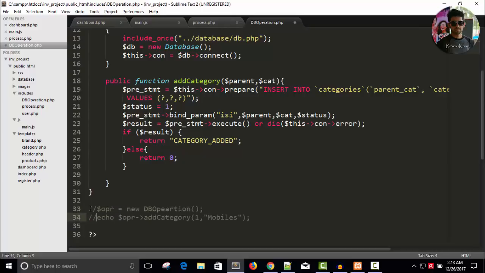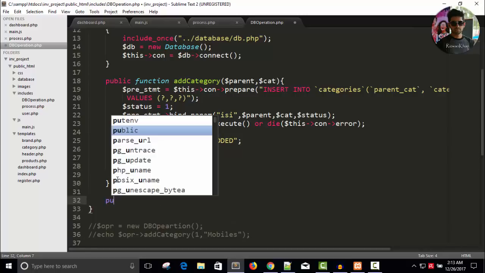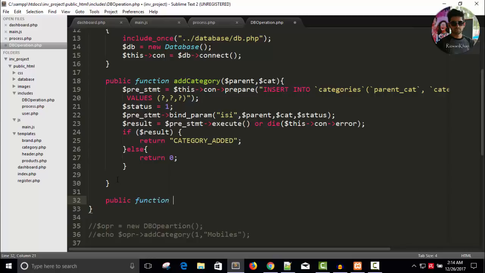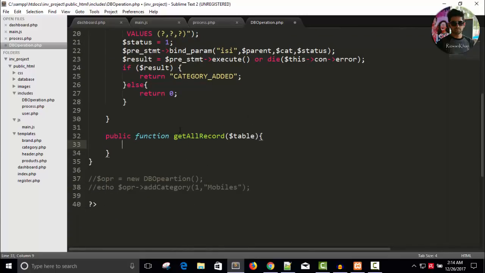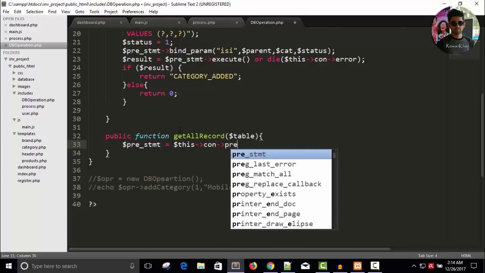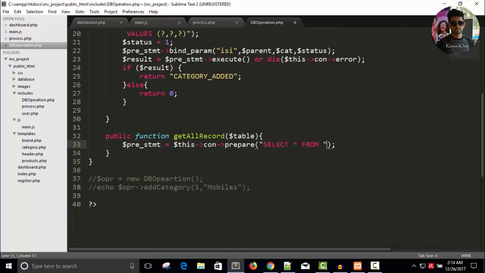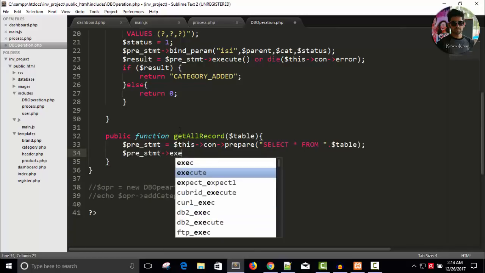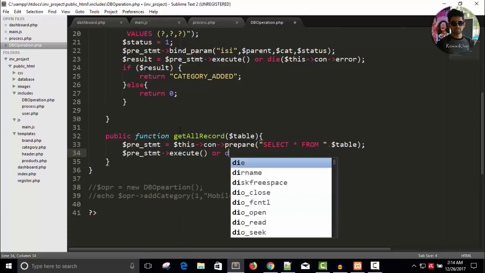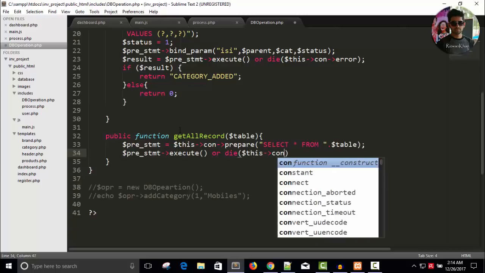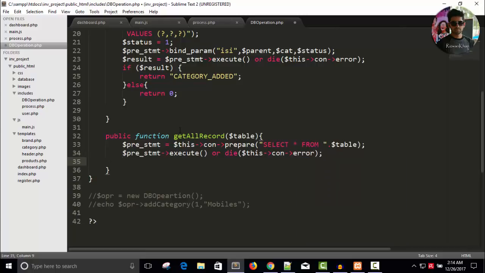Let's comment this code and write one more function, public function get all record, and here we can pass the table because we can get data from any table. $pre_statement equals $this->connection->prepare, select all from $table, right? And let's $pre_statement->execute, or if there is a wrong thing, die with error. Okay, this is executed,